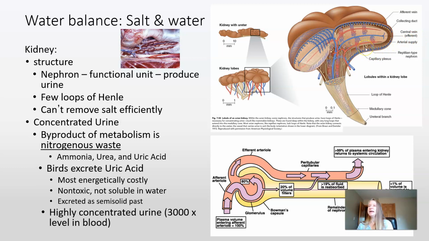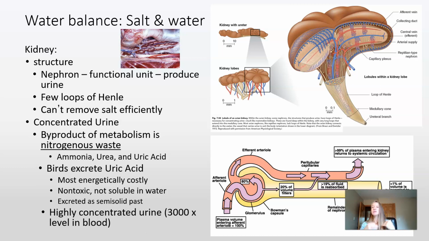nephrons up here. I hate that they're using reptilian and mammalian type. Basically the reptilian type are short loops. These nephrons have very short loops, so you're not going to have as much water conservation in these. Then they talk about these loops of Henle. These are those long loops, and in the book they're referring to them as mammalian-like. Again, I hate that. Just think of them as long loops.